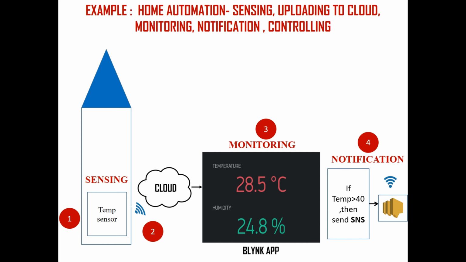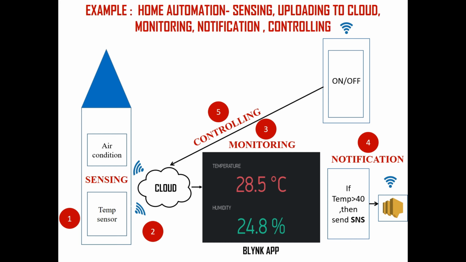Apart from that, if the sensor values are going above or below some threshold value, you can get a notification through the simple notification service known as SNS. Moreover, if you get a message when the temperature is greater than 40 degrees, for example, you can turn on the air conditioner, and you can also increase or decrease its temperature over the internet. That's cool, right? Usually this kind of setup can be used in food or other chemical preserving industries where the ingredients need to be maintained at some temperature.